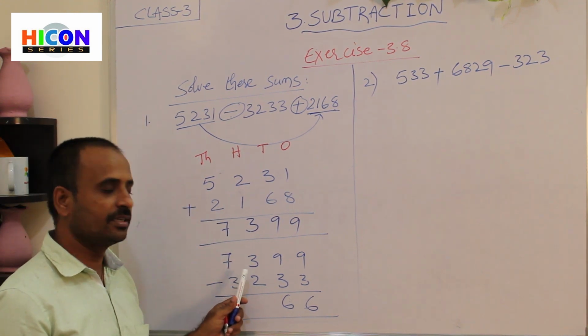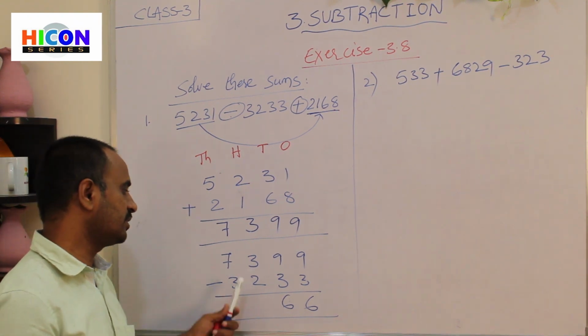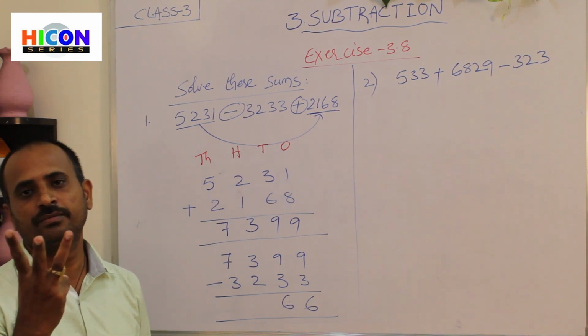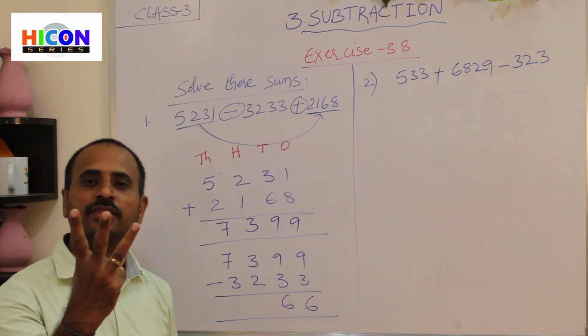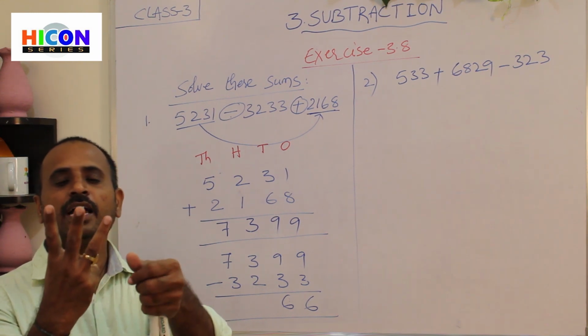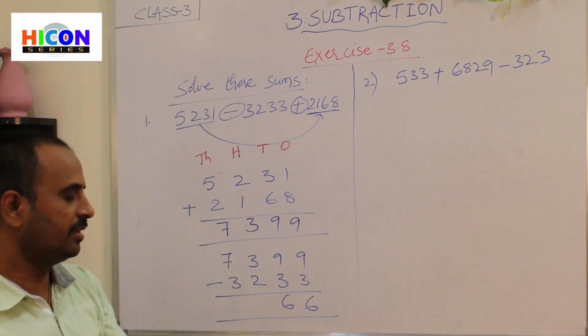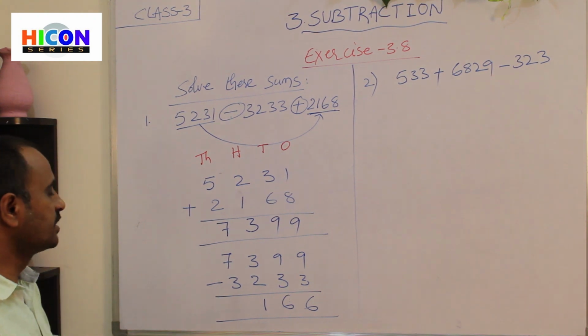What are the digits in it? 3 and 2 are in hundreds place. So what is the first number? 3. Open 3 fingers of your hand. 1, 2, 3. So what is the second number here? 2. So close 2 fingers among these 3 fingers. Children, I am closing 2 fingers. 1, 2. How many fingers are there remaining? There is 1 finger remaining. So write 1 here. Now go to thousands place.